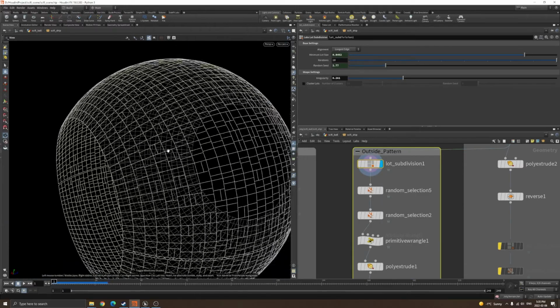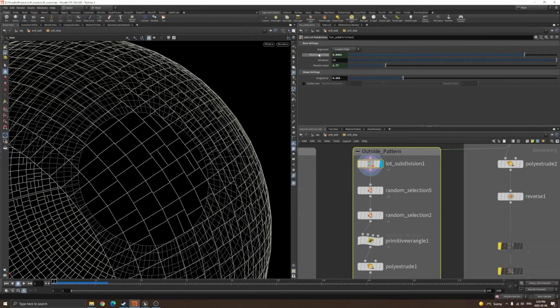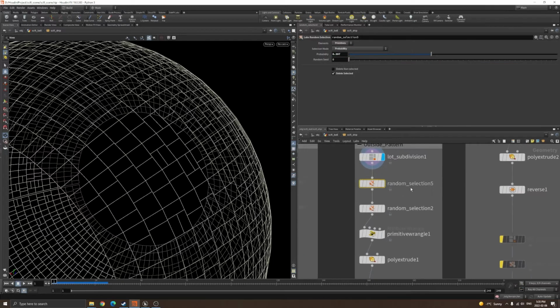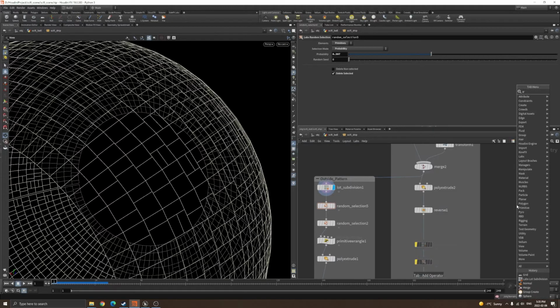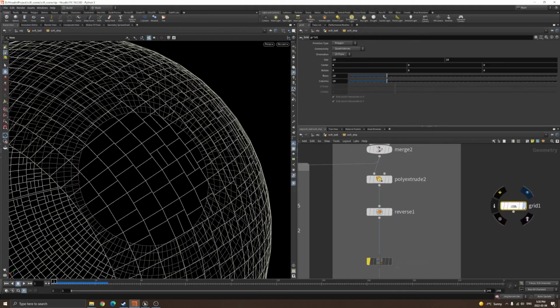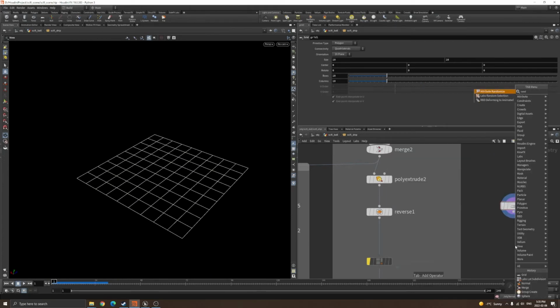Let's go to the wireframe mode here. You can see, you can just change the parameter here, and you can use a random selection node. It's also from the SideFX Labs. So let's use a grid to show you. So now we get this grid. If you use a random selection node here